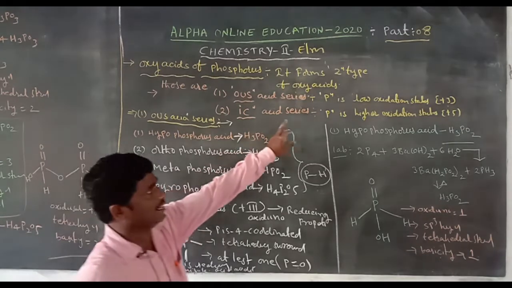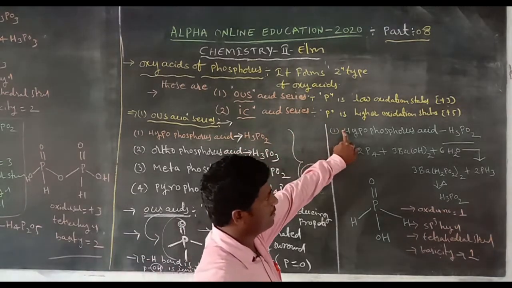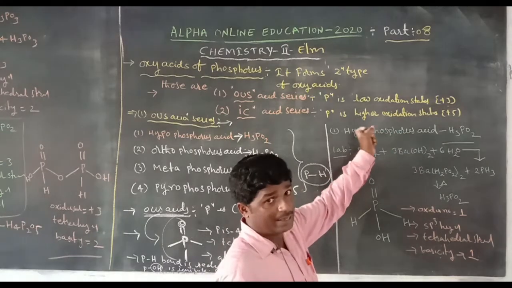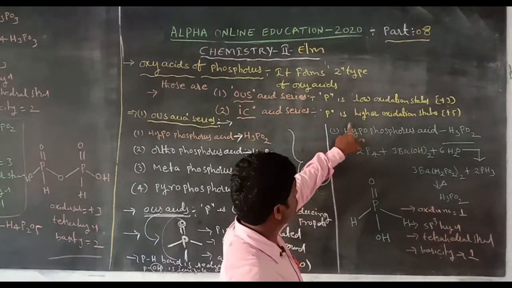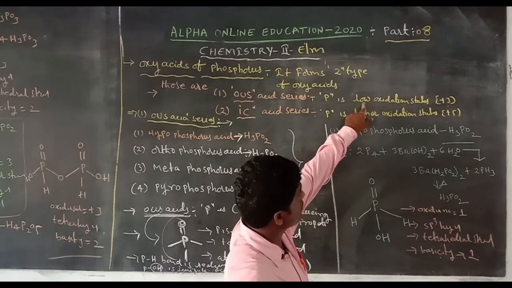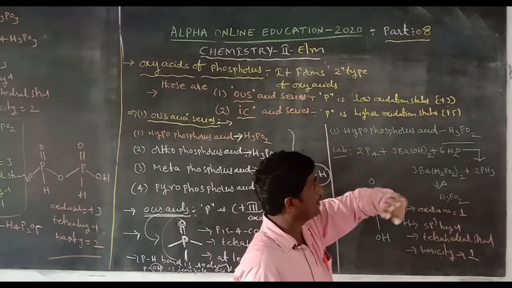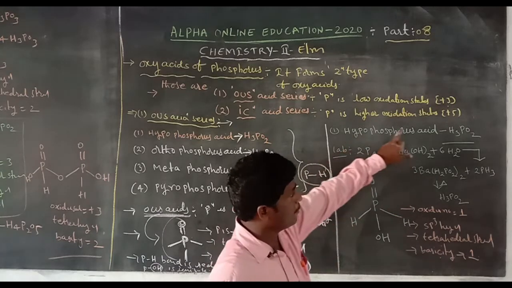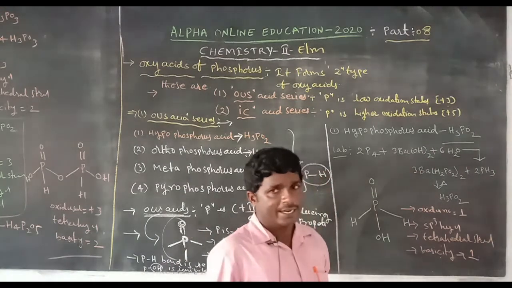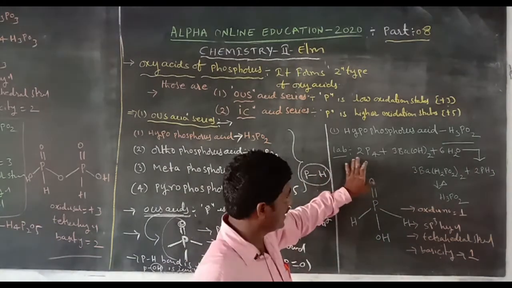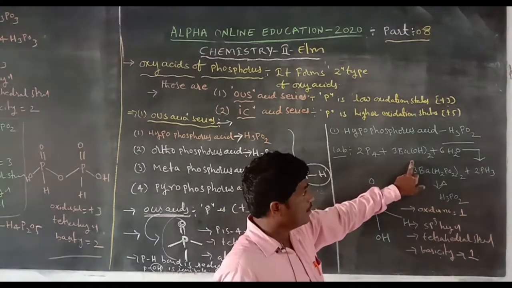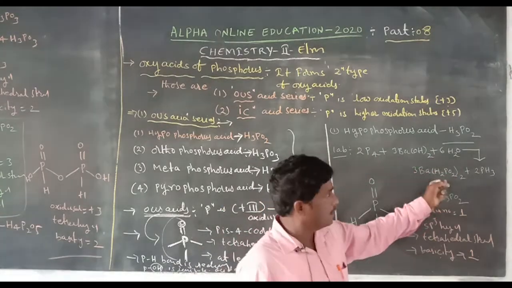Here is the first one, hypophosphorous acid. Here the ous indicates the lower oxidation number, +3. The hypophosphorous acid has the general formula H3PO2. It is prepared by a laboratory method, in which white phosphorus is dissolved in barium hydroxide solution.